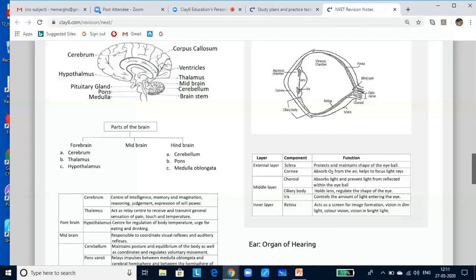The choroid layer becomes thick in the anterior part to form the ciliary body. The ciliary body forms a pigmented and opaque structure called the iris, and this iris is the visible colored part of the eye. The eyeball contains a transparent crystalline lens which is held in place by ligaments attached to the ciliary body. In front of the lens, the aperture surrounded by the iris is called the pupil.